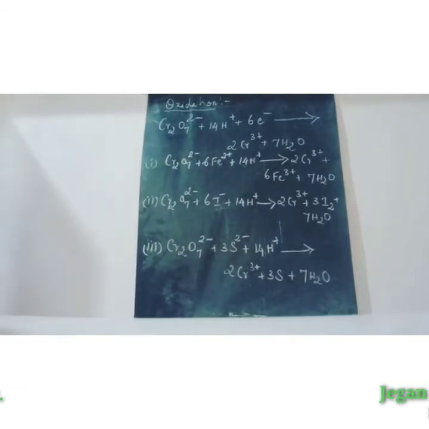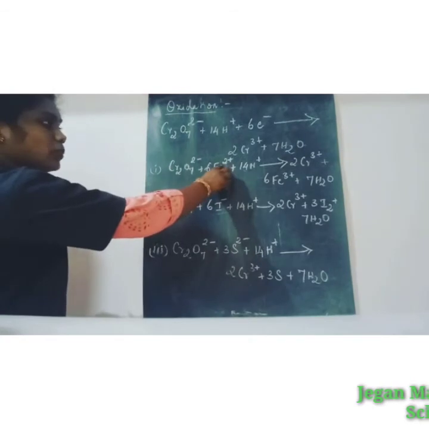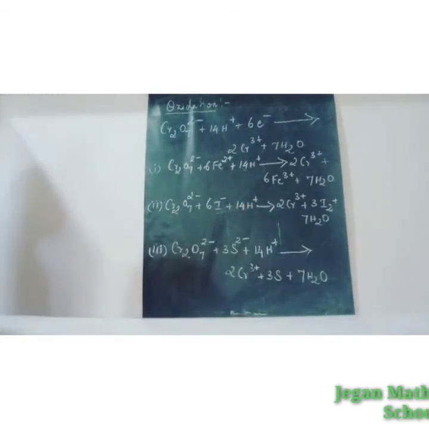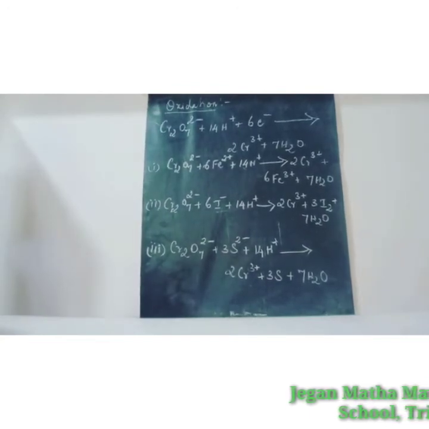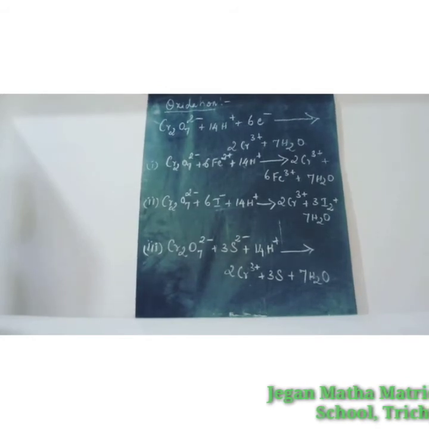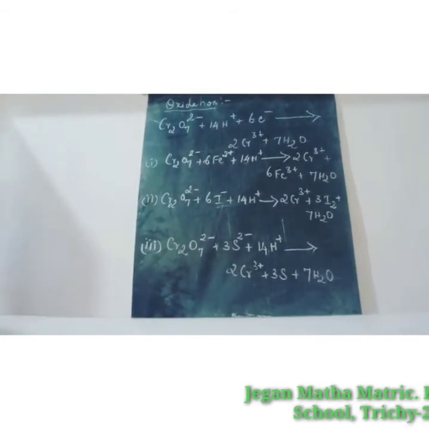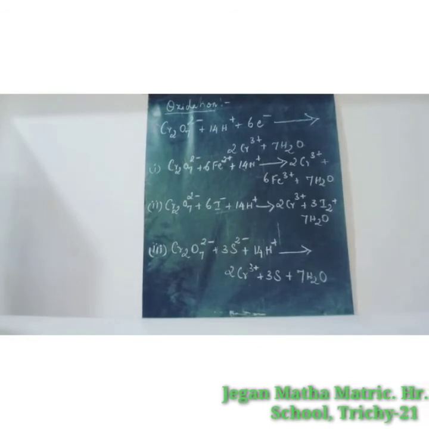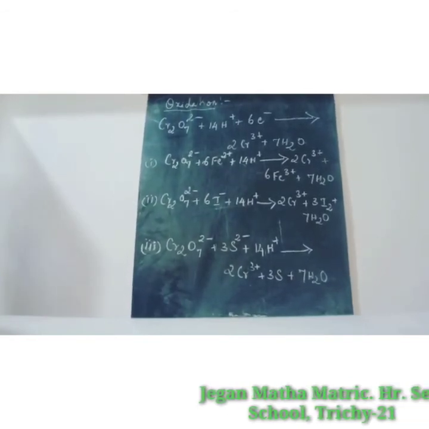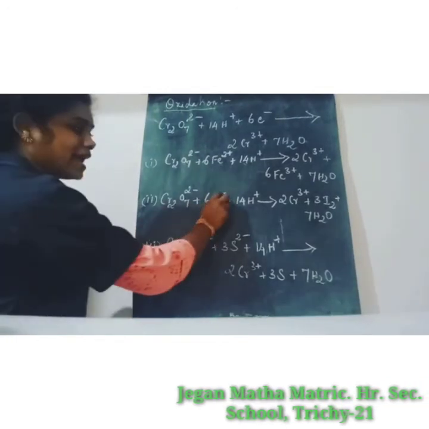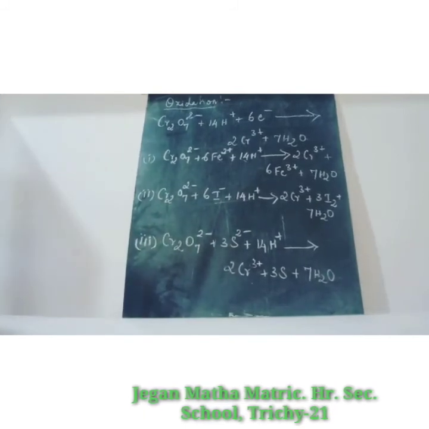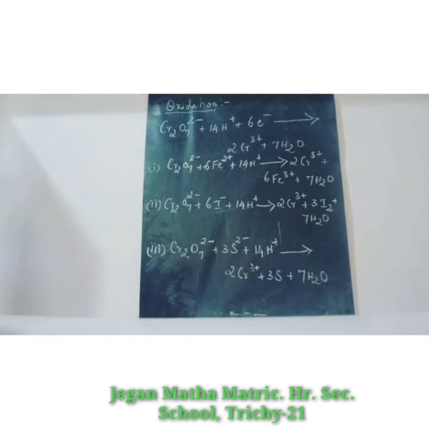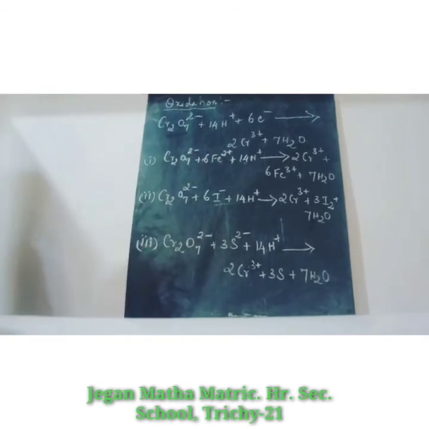And next one is the oxidizing nature of potassium dichromate, that is dichromate ion, is illustrated in the following examples. The first example is it oxidizes ferrous salts to ferric salts. So ferrous salts mean Fe2 plus, ferric salt means Fe3 plus. So potassium dichromate is reacted with ferrous salt in the presence of acidic medium. It is converted into Cr3 plus and ferrous is converted into ferric, that is Fe3 plus, plus H2O. And next one is it oxidizes iodide ions to iodine. So iodide means I minus, iodine means I2. So potassium dichromate is reacted with iodide in the presence of acidic medium. It gives Cr3 plus, iodine, plus 7 times water molecules.